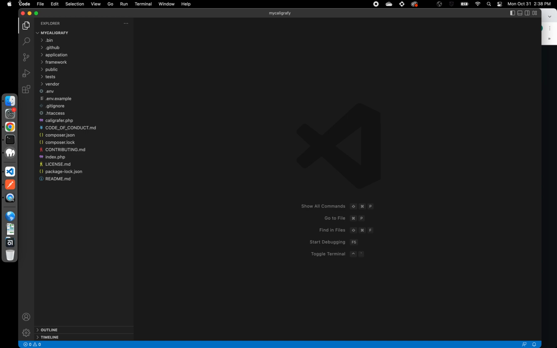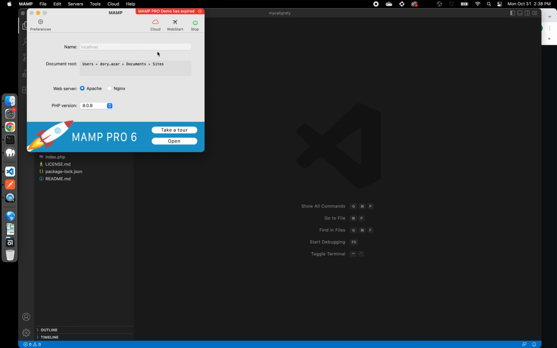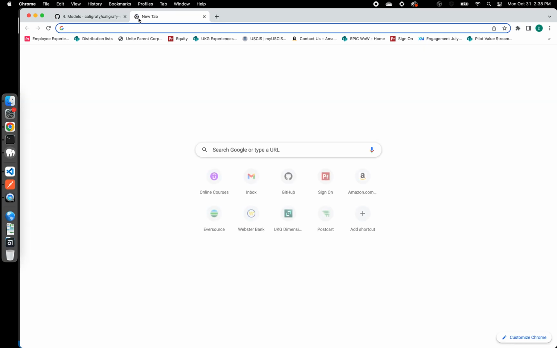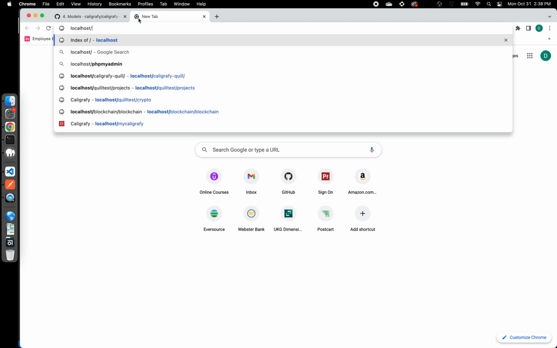All right, so in my local server, which is currently running, it's a MAMP server, it has a MySQL, an Apache, and a PHP on it. It comes prepackaged with phpMyAdmin. phpMyAdmin, for those of you who don't know it, is an application that would allow us to interface with the MySQL database without having to write code. Okay, so I'm going to use it in this video, particularly to